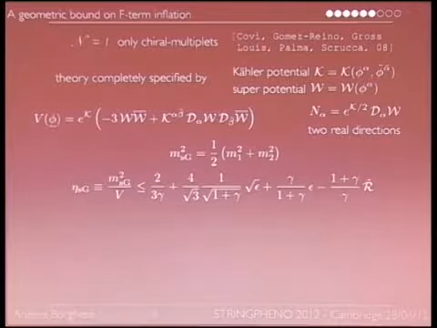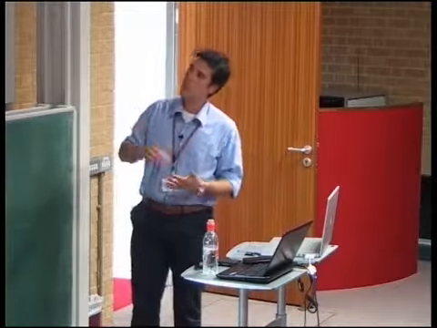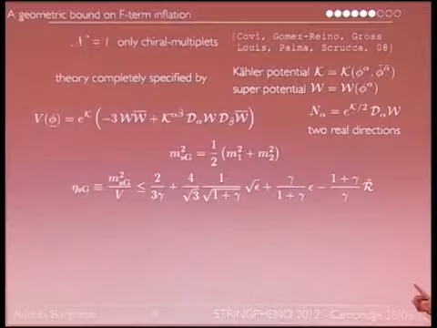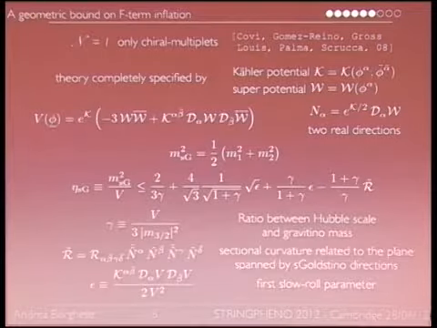Now, this is the key point, because we took the average of two scalar degrees of freedom. And being the mass of two scalar degrees of freedom, we can get a bound which is related to the fact that in the game, the characters are 2 and not 1. So there is not one inflaton, but two scalars which play the game, whenever this sgoldstino mass is, for instance, of order 0. So we derived this bound projecting the mass matrix with these directions, and in the bound there appear